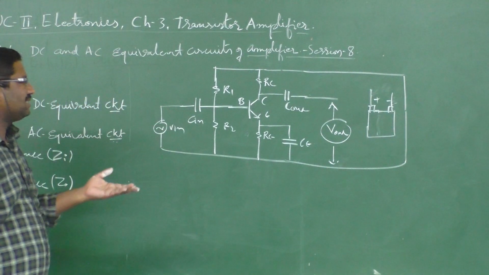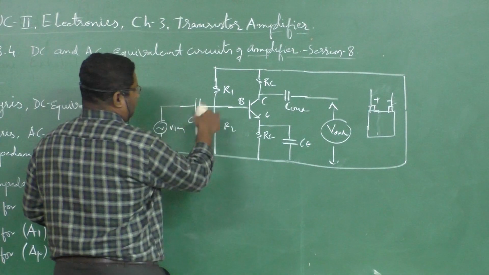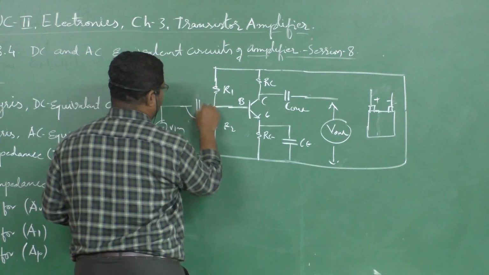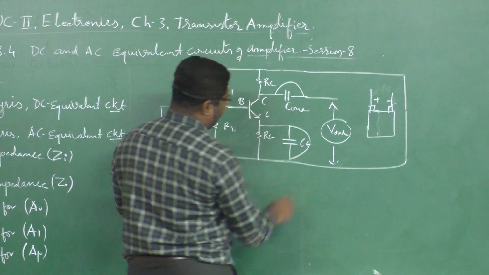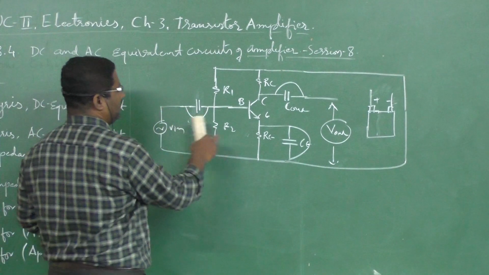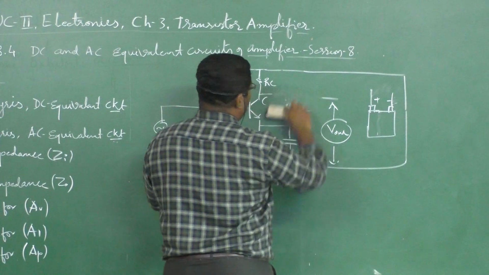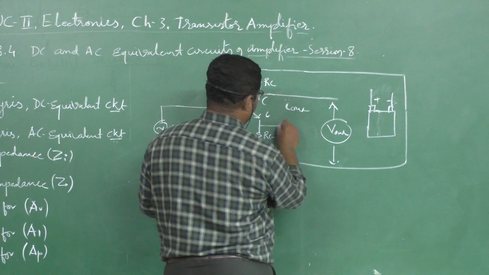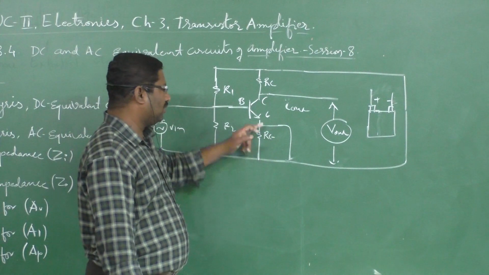And what is the second condition? Replace the capacitors with a short circuit. Short circuit means like this: we have the input capacitor, the output capacitor, and the emitter capacitor. If I have a parallel connection like this, then it will have no use, so it is better to remove that and write like this. Here it is taking the output, and here also you write it. When we have a parallel path across the resistance, it will bypass it, so no current will flow here.